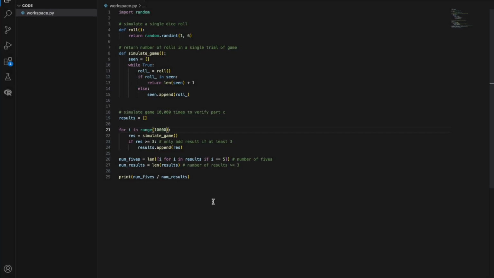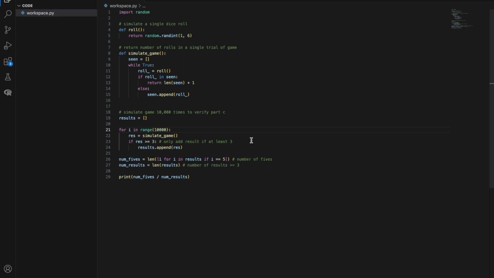We're now going to do something that I just find particularly interesting and helpful in understanding the intuition behind these problems, and that's simulating our results via code. I simply use the random package to generate random dice rolls, and that's what this roll function does. I then use that to simulate an actual iteration of our game where it returns the R value for that particular game. I then have 10,000 runs of the game, and I only add the results of that game if